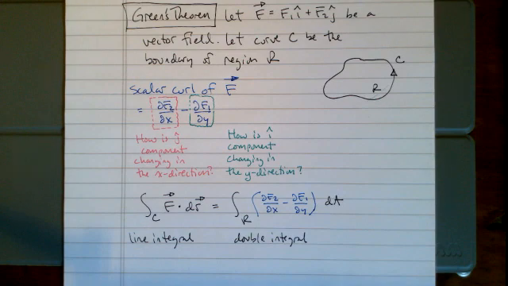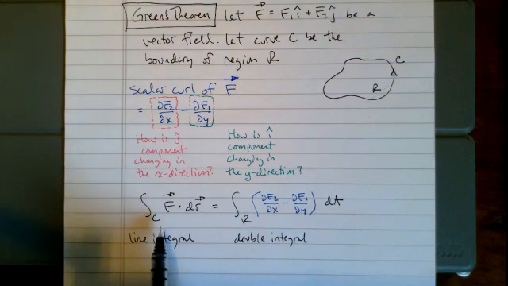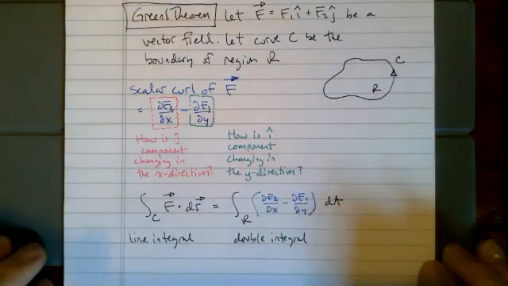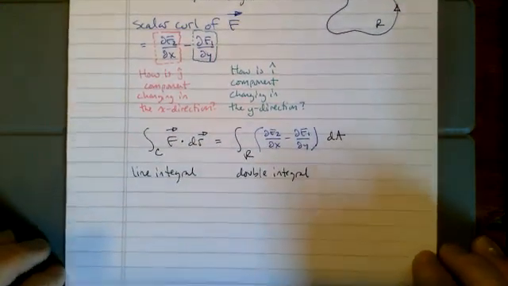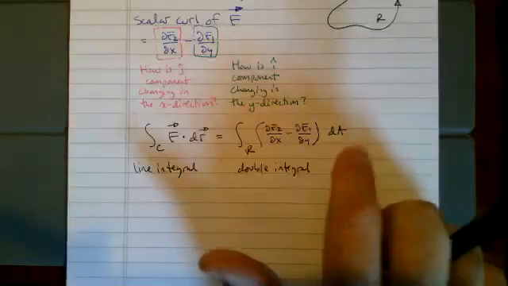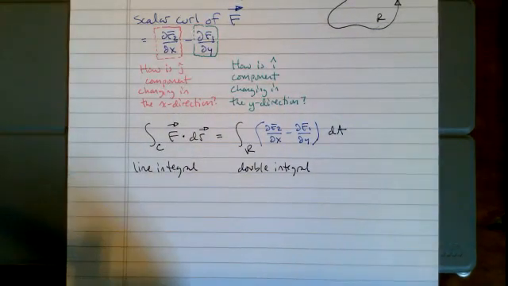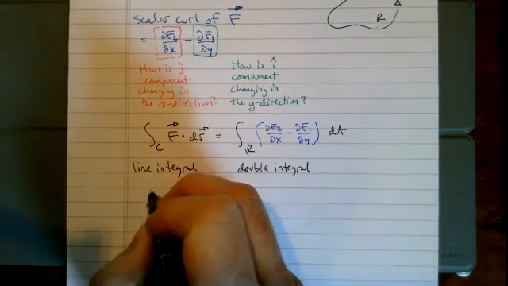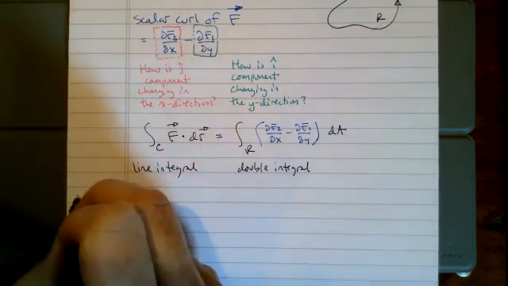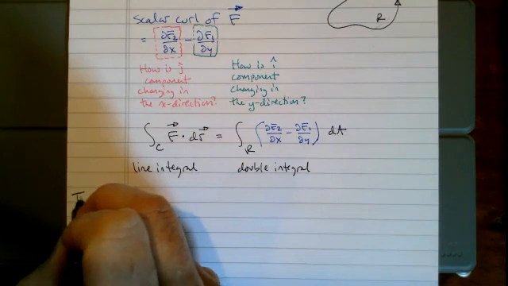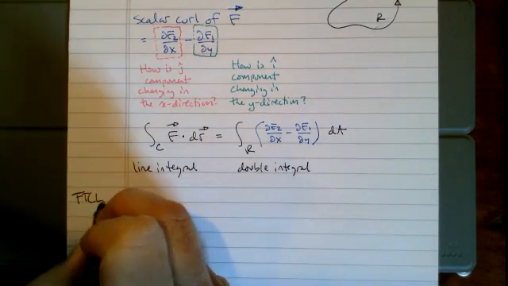So let's point out some important things that we should carry around with us. Remember that the line integral of a gradient field is equal to the difference in the potential function at the endpoints. So let's take Green's theorem and combine it with what we know about line integrals. So recall that the fundamental theorem of calculus for line integrals,